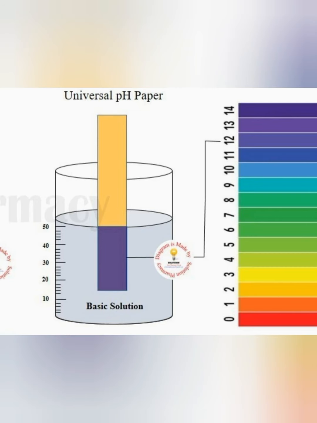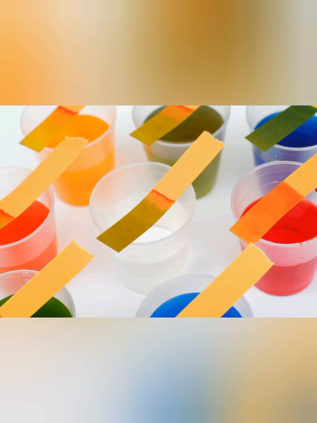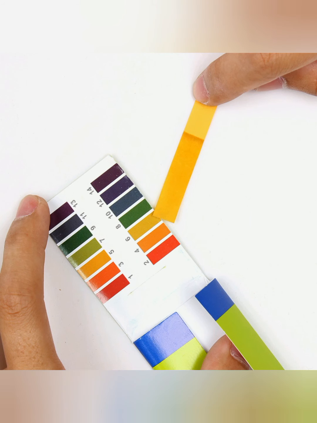Like this way only we will be testing all the solutions. Here different solutions are there, whether they are acid, base, strong acid, weak base, strong base. Everywhere we have dipped the pH paper, and we see different colors. Now we need to take out all the pH papers and match them with the pH scale. You can see somewhere purple, somewhere green, orange, and so these colors are there. Now match it with the pH scale. My first one is matching with 6. 6 is acidic and that is a weak acid. Got it? Thank you.